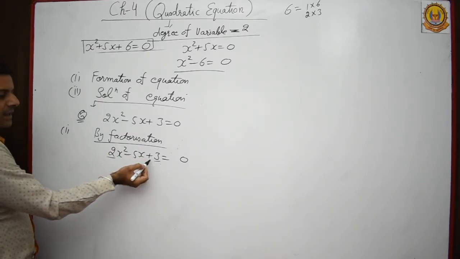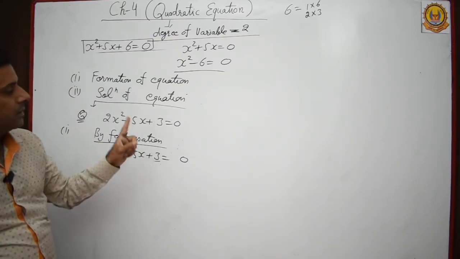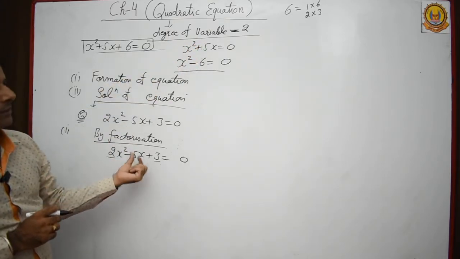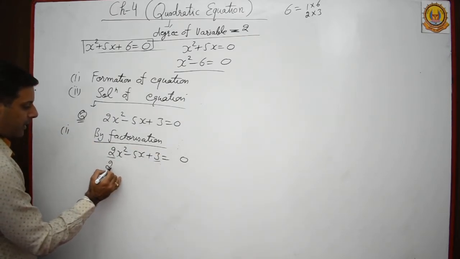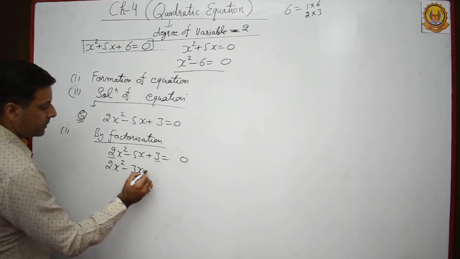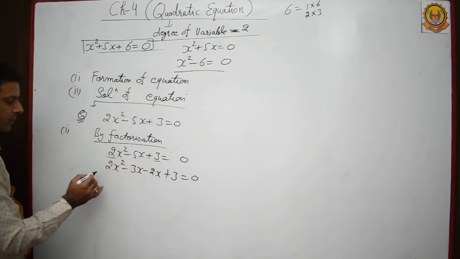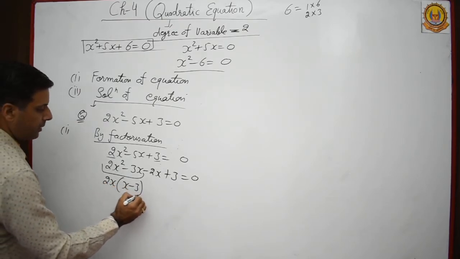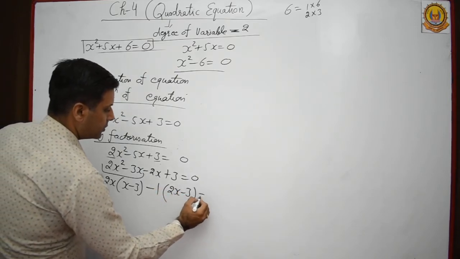So it depends upon this sign. Here plus is there, addition is there. So check that pair whose sum is the middle term. It means minus 5. So here it is 2 and 3. So in place of 5x I am writing minus 3x minus 2x. Others are the same. Now take out common from this. Take 2x common, 2x minus 3. Take minus 1 common. Here 2x minus 3 equal to 0.